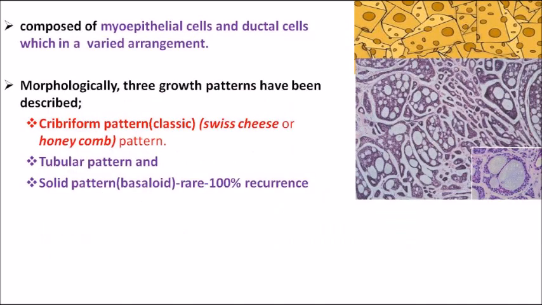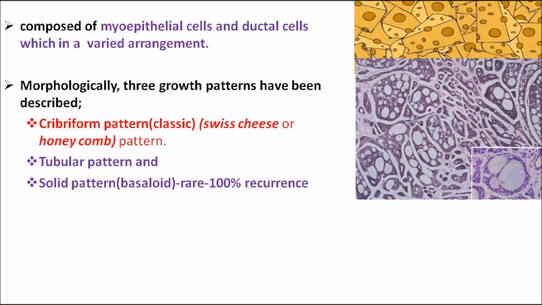Now, if you see the histology of adenoid cystic carcinoma, you can see small cribriform patterns, or Swiss cheese pattern. So what is this cribriform pattern? That is what is shown in that picture. Can you make out the Swiss cheese on the top? And similar to that figure is the histology picture below. There is a resemblance. It is similar to Swiss cheese, or to a honeycomb pattern. The cribriform pattern of adenoid cystic carcinoma is similar to Swiss cheese.